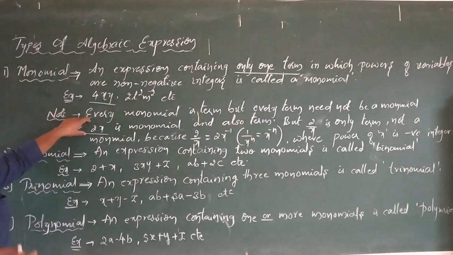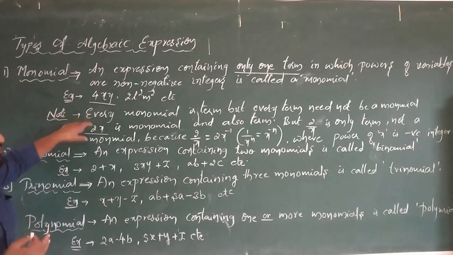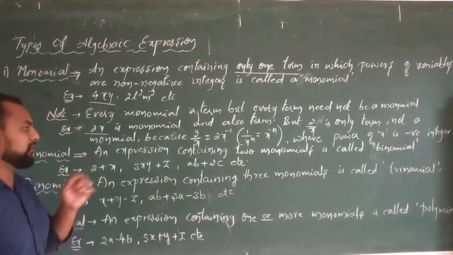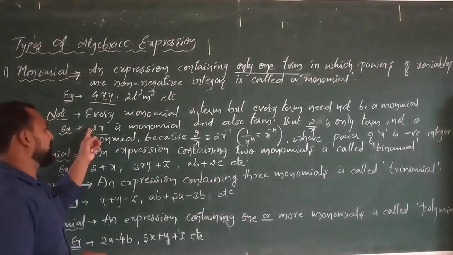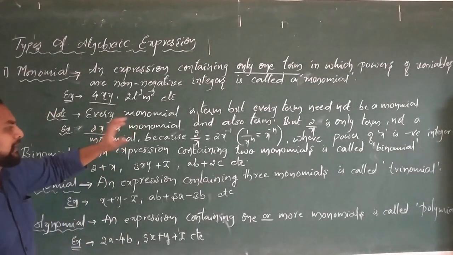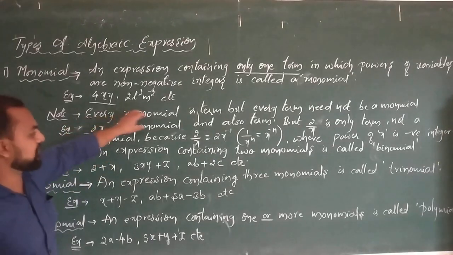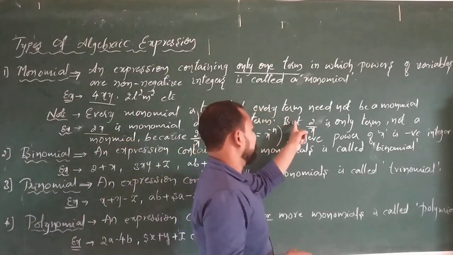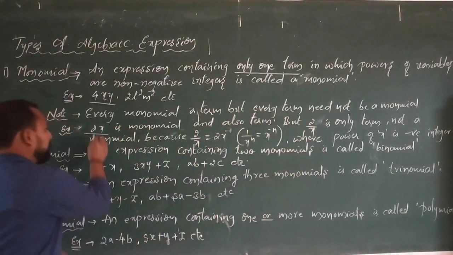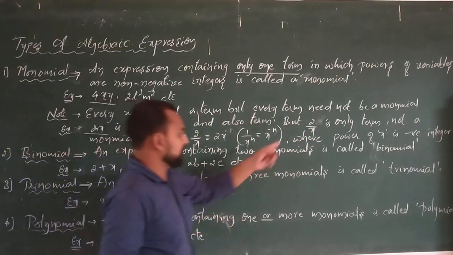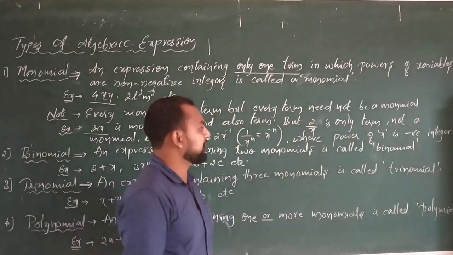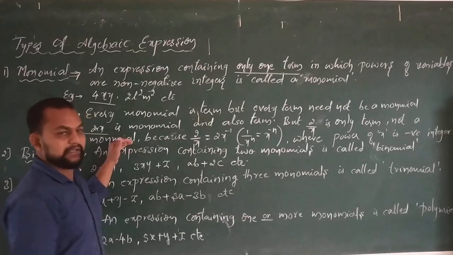What is a term? A single constant or single variable or the combination of constant and variable is called a term. The 2x is a monomial and also a term, but 2 by x, here 2 into x, 2 by x is only a term, not a monomial,